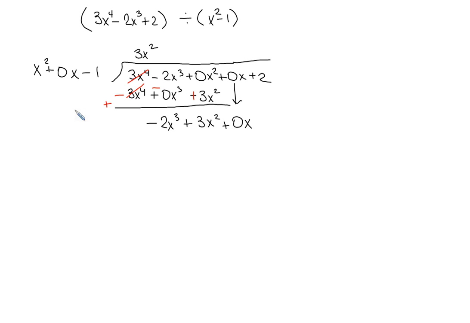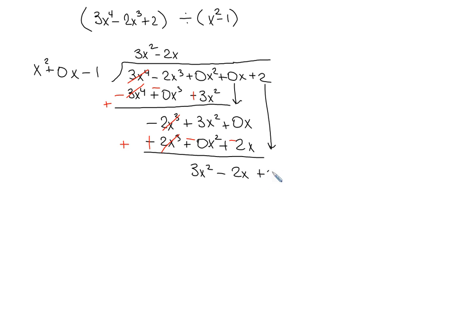Okay, so x squared goes into negative 2x cubed, negative 2x times. That's negative 2x cubed plus 0x squared plus 2x. We're now going to change the signs and add. Those cancel, and we have 3x squared minus 2x. We bring down the plus 2. And now x squared goes into 3x squared plus 3 times, which is 3x squared plus 0x minus 3. We change the signs and add. Those cancel, and we end up with